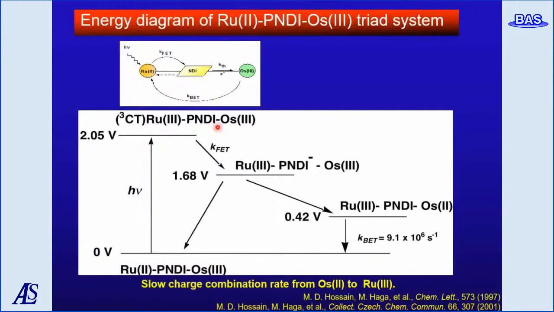Here is the energy diagram of the ruthenium-PNDI-osmium triad systems. Photoexcitation of ruthenium-2 first leads to electron transfer to the PNDI site, and then to electron transfer from PNDI to osmium-3. This charge-separated state's energy is 0.42 volt above